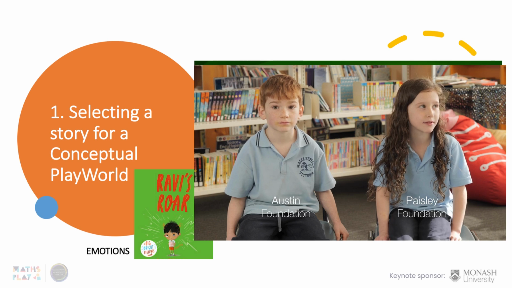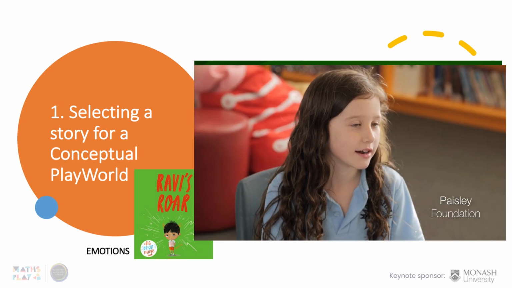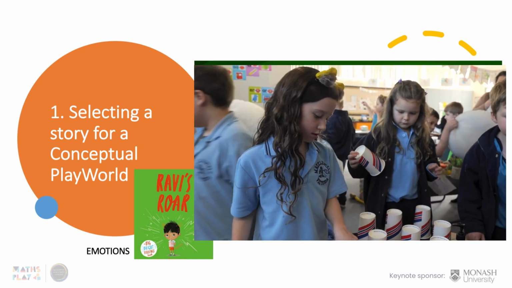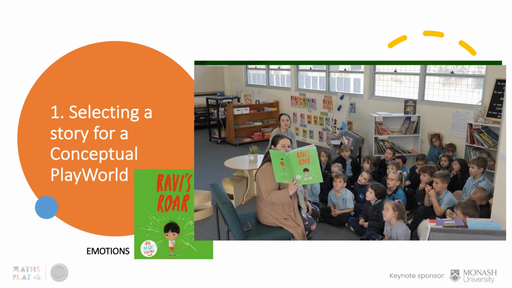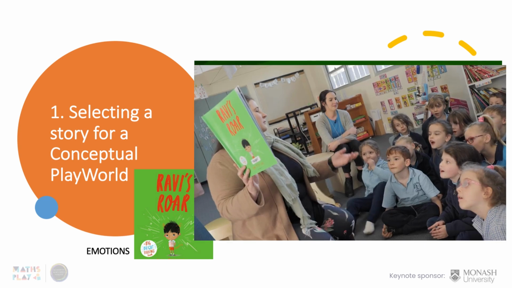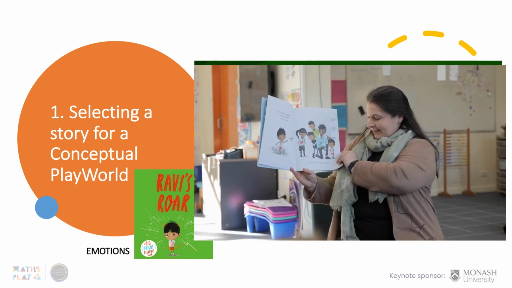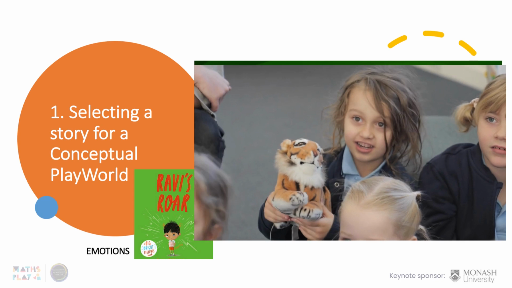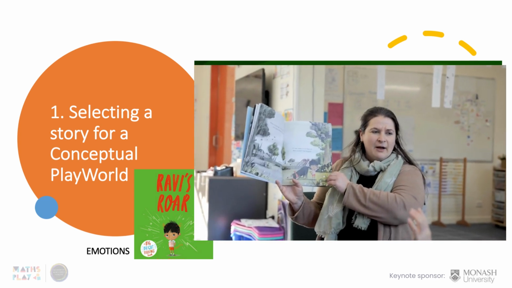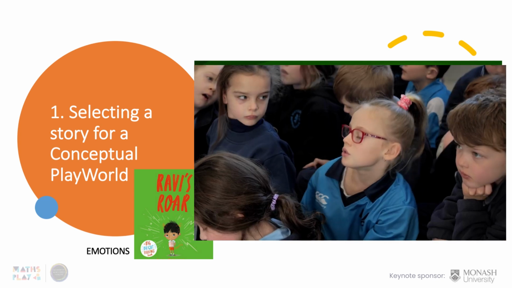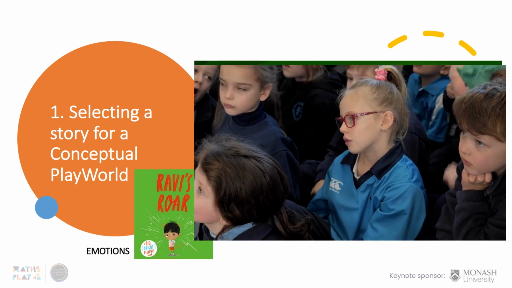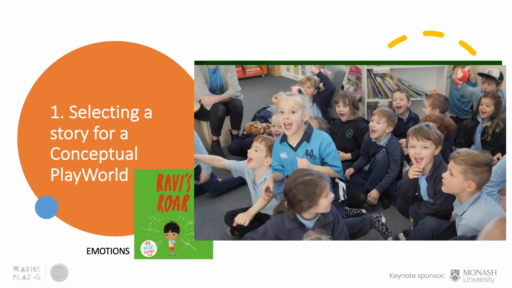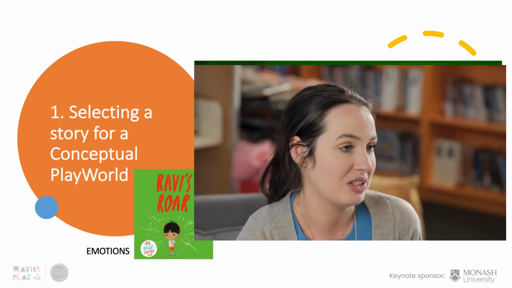If I was in imagination world, I was inside it. I couldn't wait until the cupcakes were ready. I just loved the amount of learning you can get from one book, but being in the PlayWorld meant that we really dived into the meaning of the book, and there were literacy elements we could do. Why is Ravi sad, disappointed and annoyed? Because he can't find anybody. It's amazing to see how excited the kids were to be in the world and how achievable it is.